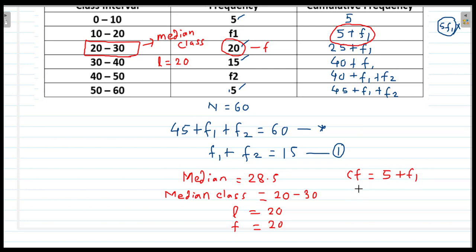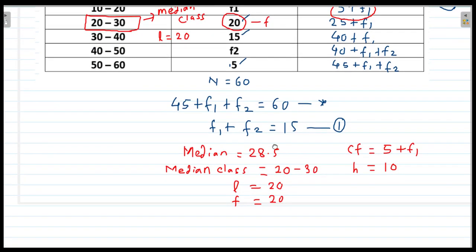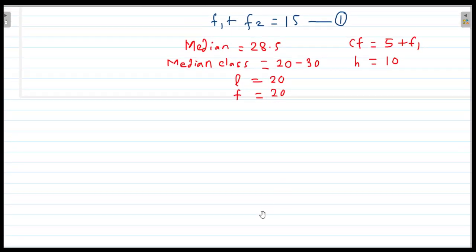Now H is equal to, H is a what? Class height. So this is the class 30 to 40, 20 to 30, 10 to 20, 0 to 10. And what is the difference between these two? That is the lower term and upper term. The difference is of 10. So H is the height of the class. And now we will use the formula to solve it further.